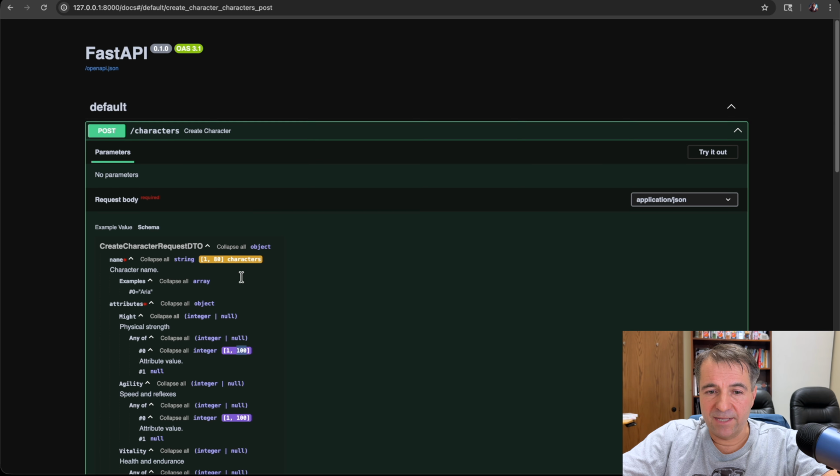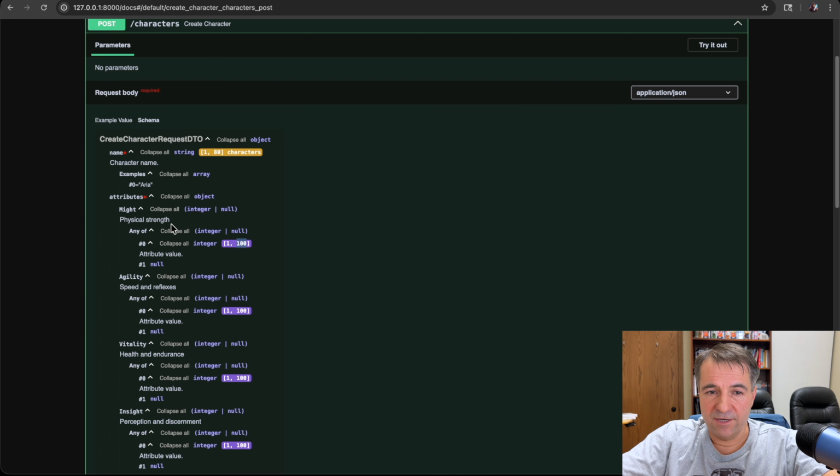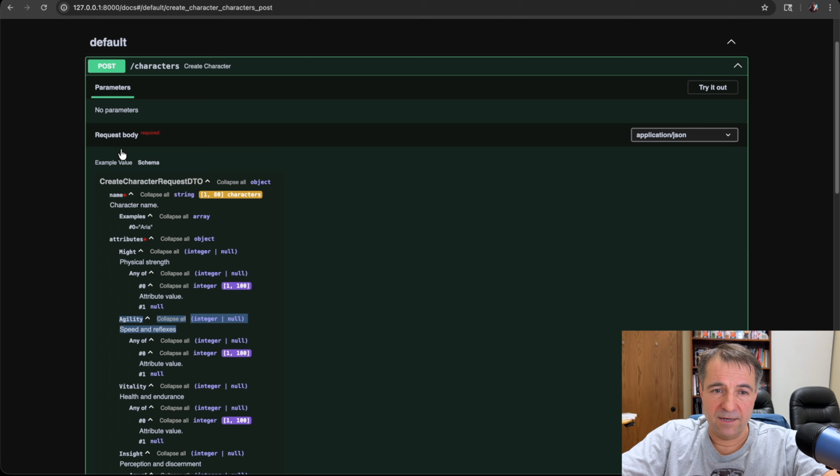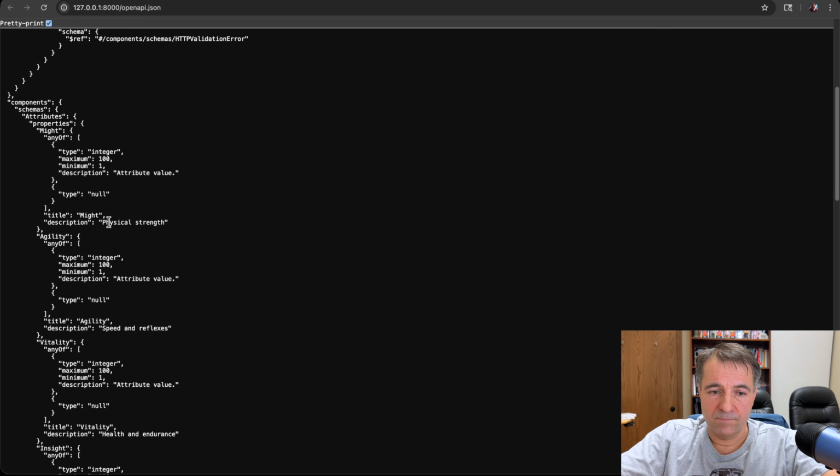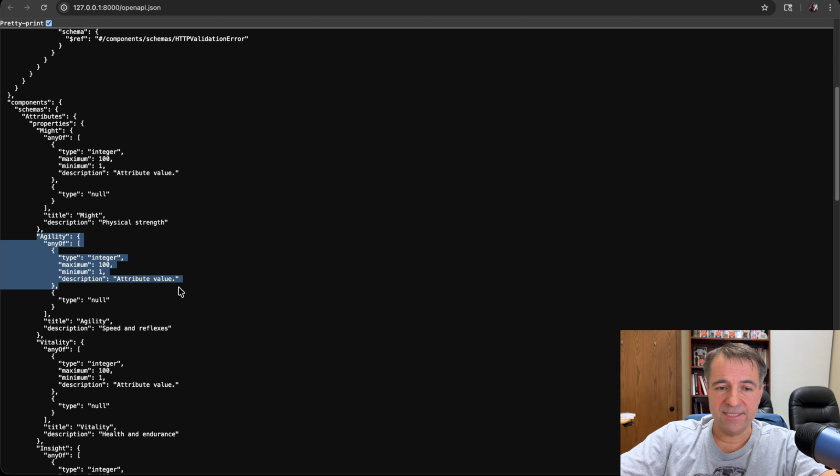And you'll see this update everywhere. You'll see it here. You'll also see it in our OpenAPI spec. And as you can see here, it's giving us two things: that description that comes from the annotated field, and the maximum value that we just updated to 100.